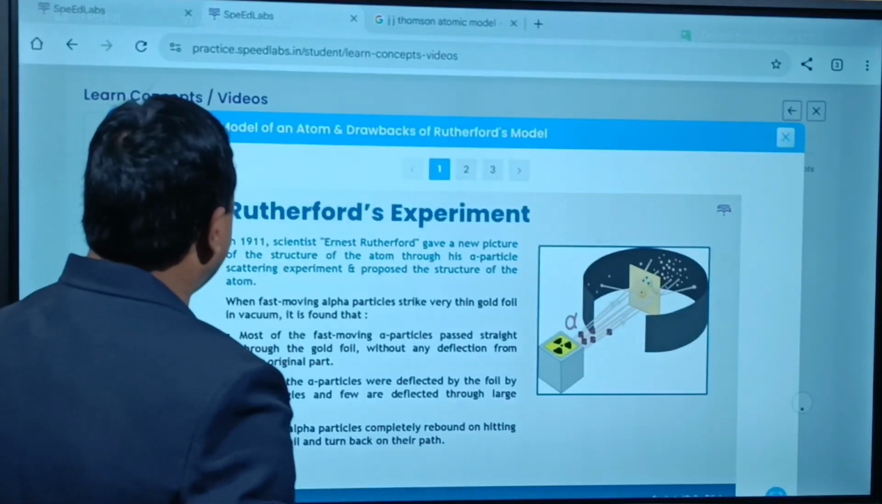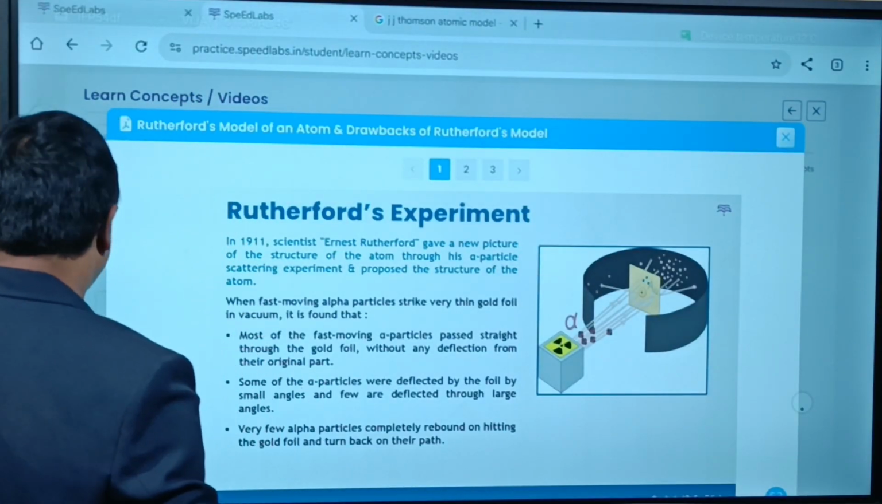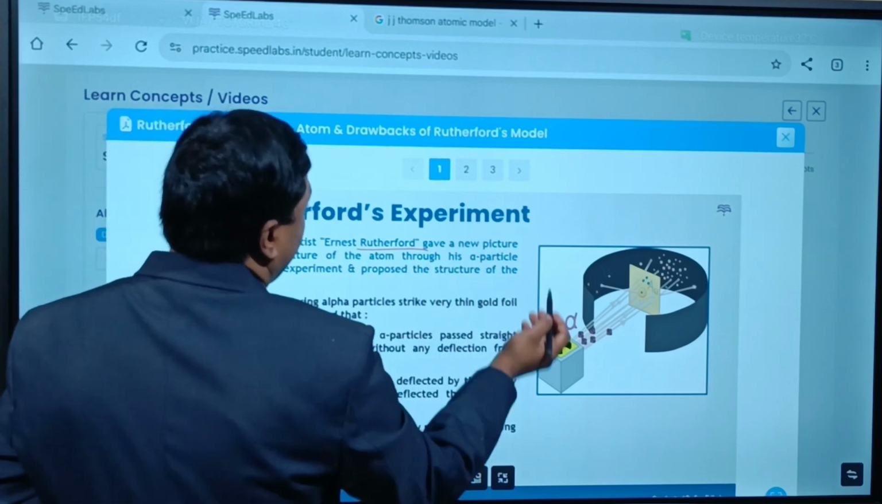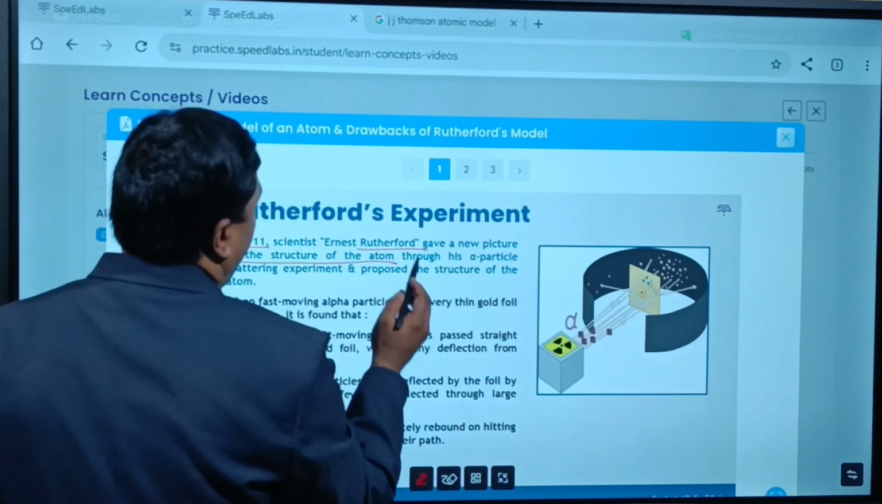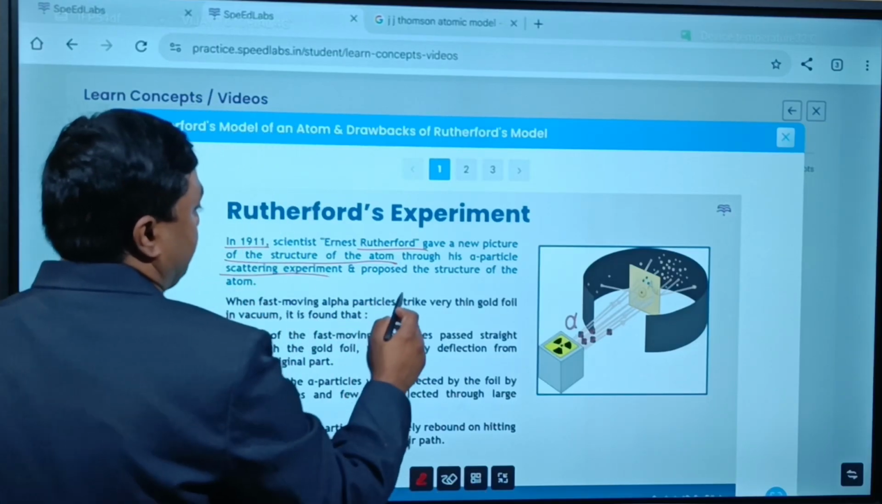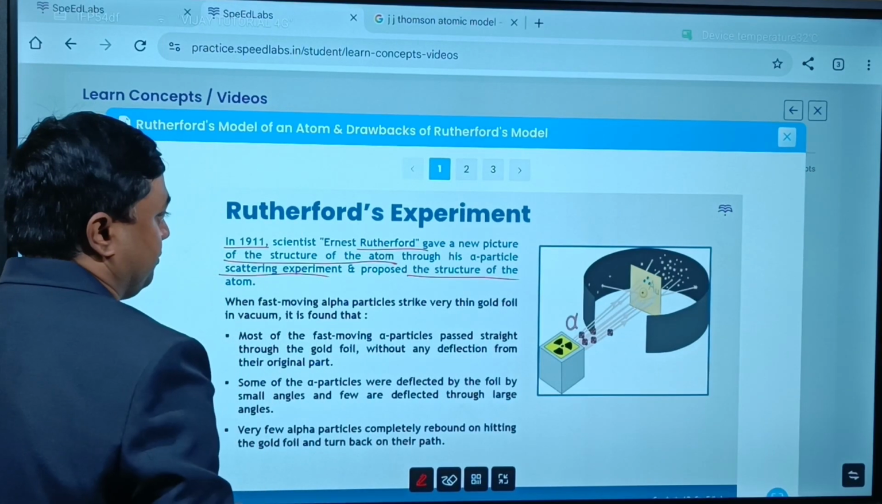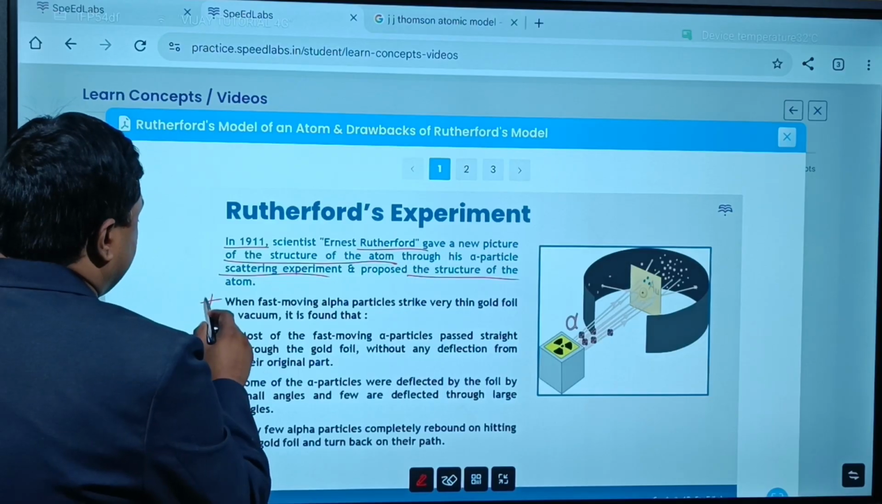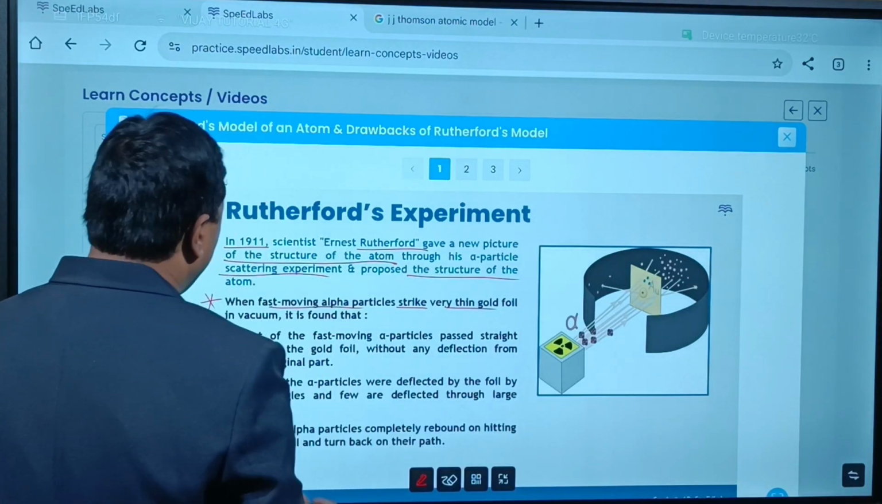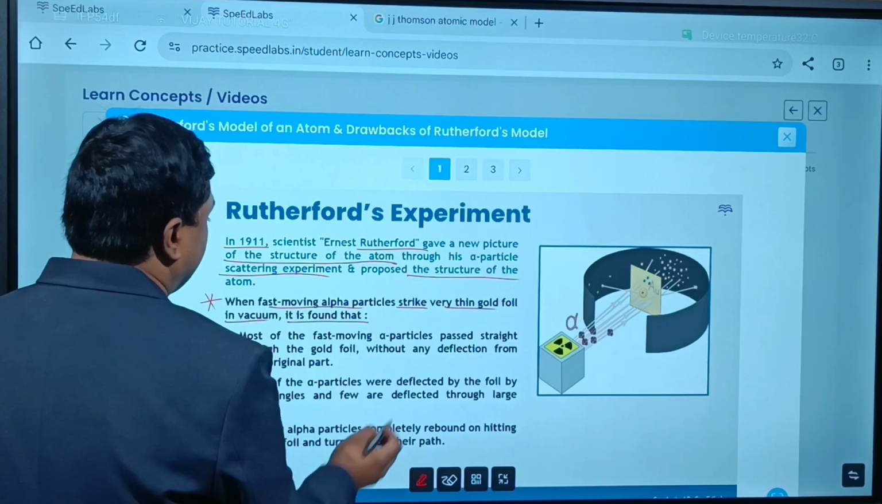Okay, in 1911, scientist Ernest Rutherford gave a new picture of the structure of atom through his alpha particle scattering experiment and proposed the structure of atom. See here, when fast moving alpha particles strike a very thin gold foil in vacuum, it is found that,